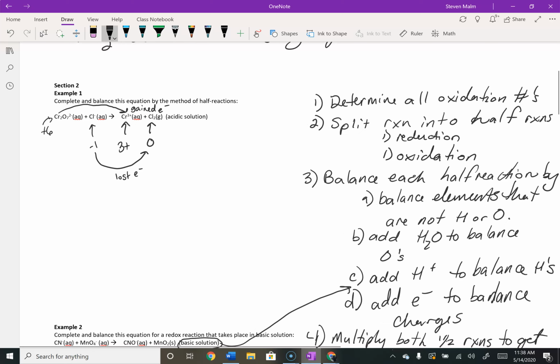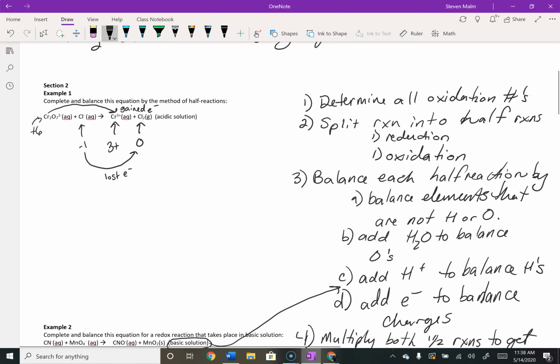All right, second step is to split into half reactions. So we need one reduction reaction and we need one oxidation reaction. So our reduction reaction we said was going to be our chromium. Don't worry about the oxygens, that's why we're balancing this. The oxidation reaction is going to be